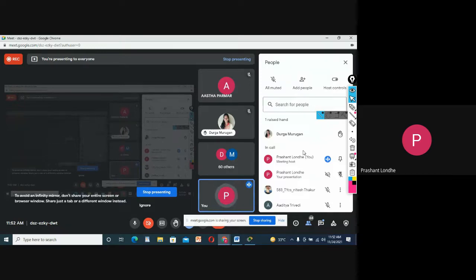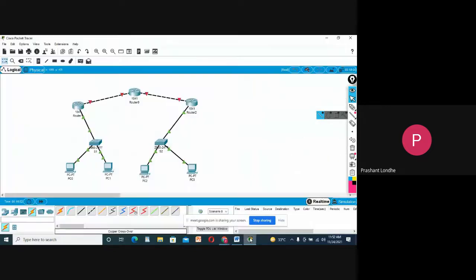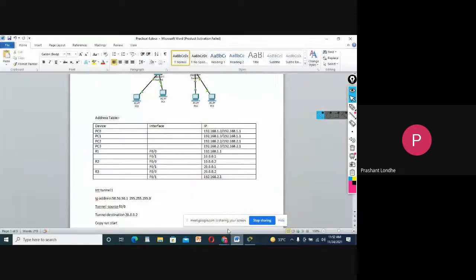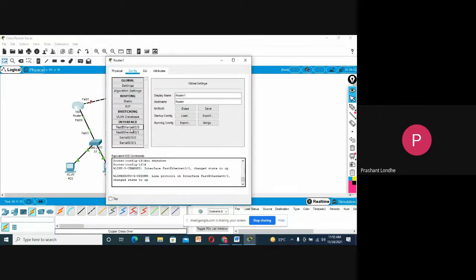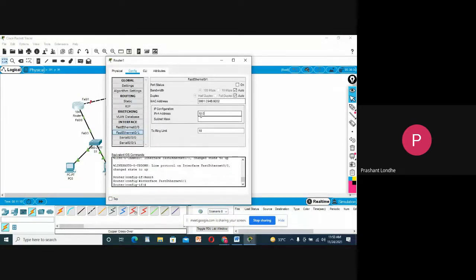GRE stands for Generic Routing Encapsulation. Now you can see, I will just repeat the things. FastEthernet 0/0 is connected to the switch. FastEthernet 0/0 is again connected to a switch. So I need to connect these 2 points. You can see 101 is connected to 00. So simply I will make those connections.